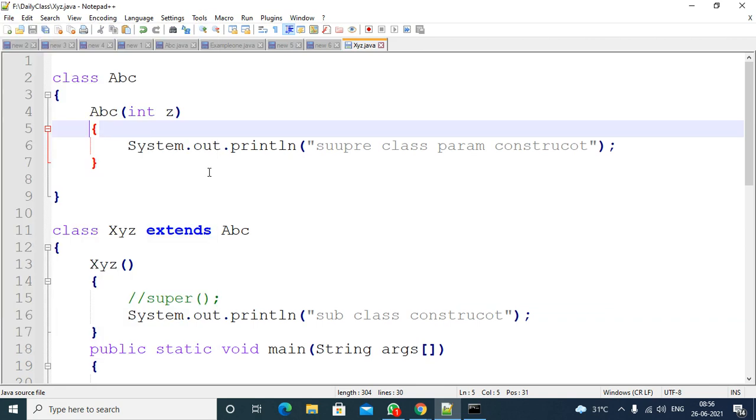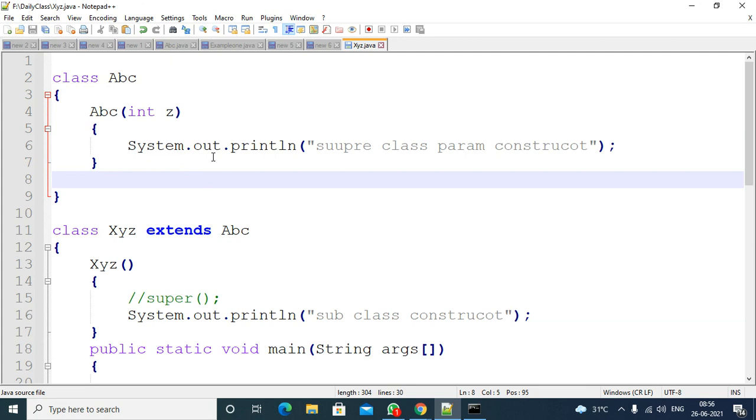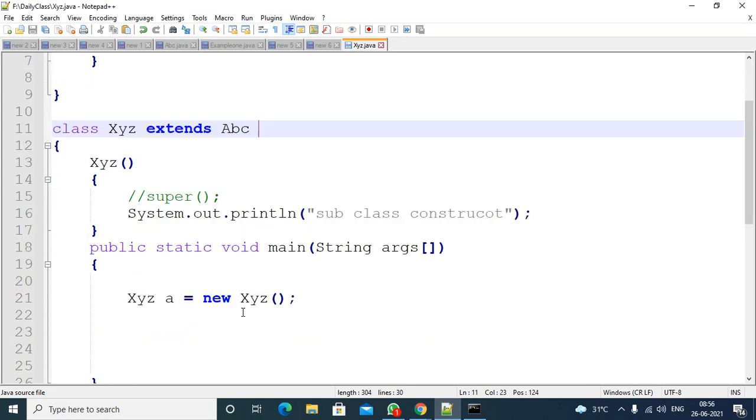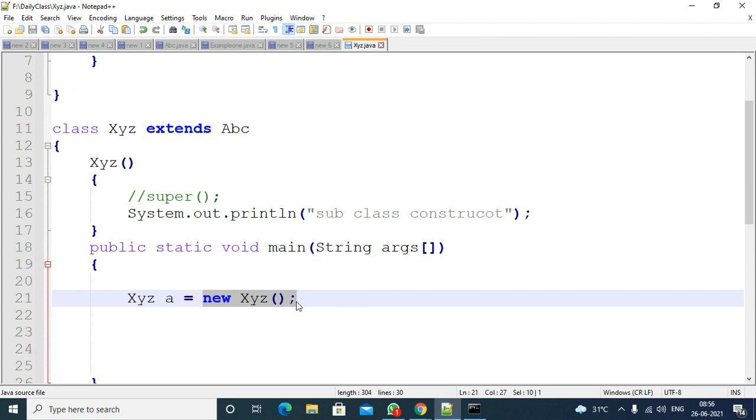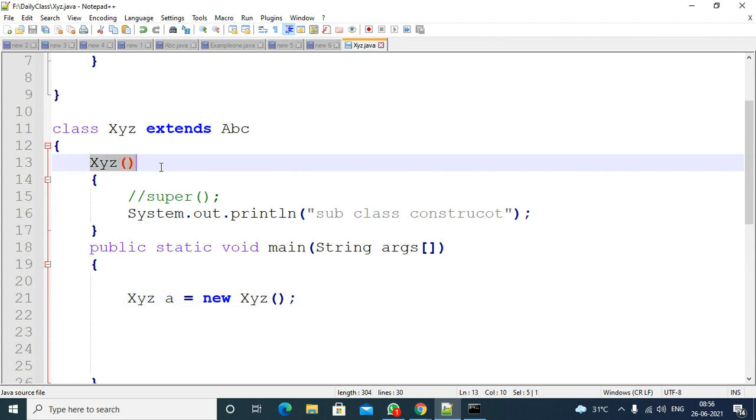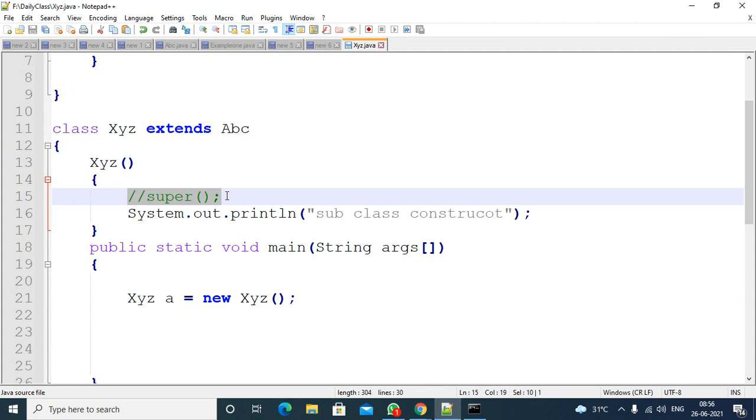So in this case, what will happen? This is an important point. You created the object here, so the default constructor is called. You have not added any super or this keyword. So in this case, what will the compiler do? If a parent is there, it will add super.